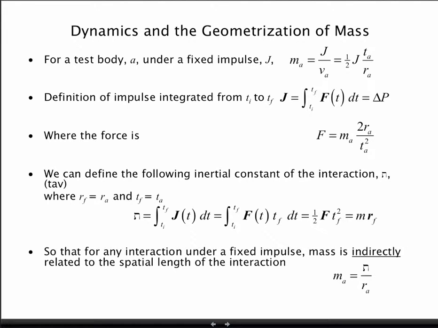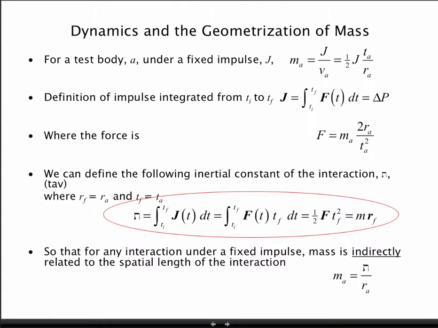Next, we take a brief look at dynamics and the geometrization of mass. For a classical body or a quantum particle, mass is inversely related to the change in velocity under a given impulse. For a classical body shown here, the change is shown from a rest state, and r sub A is the displacement undergone during the interaction. For an impulse defined here, of force as shown,